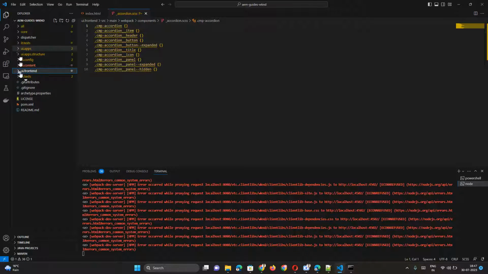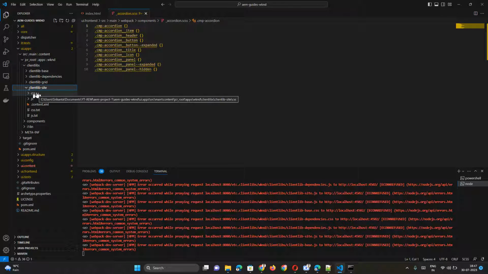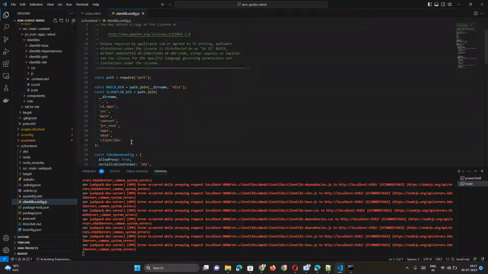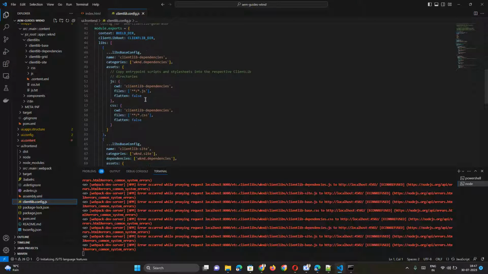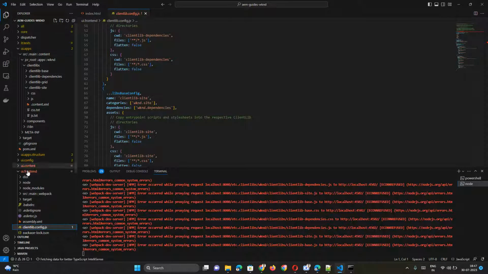They will be copied under UI.apps, where we have something called clientlibs. So they will be copied to the clientlibs site and served from there. And all that logic is already written in the UI.frontend. If you see the clientlib.config, all this logic is already written here. You can customize it if you want, but by default, the behavior is, if the UI team has written anything under the UI.frontend,